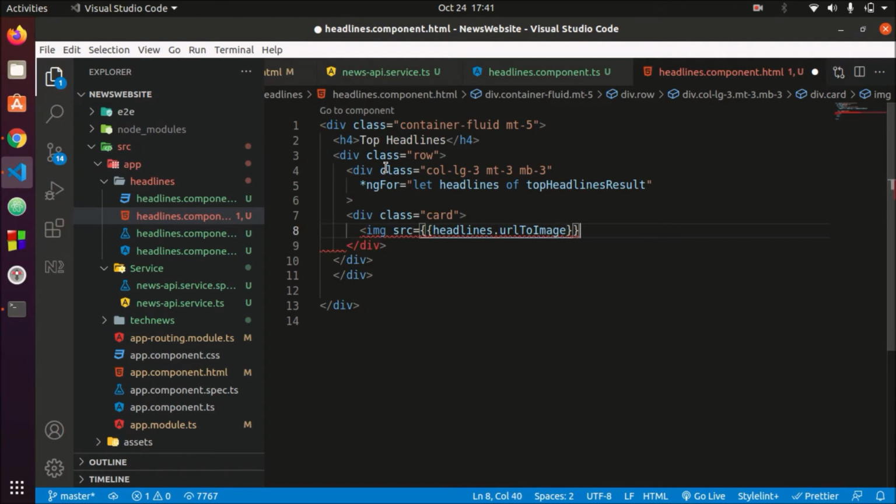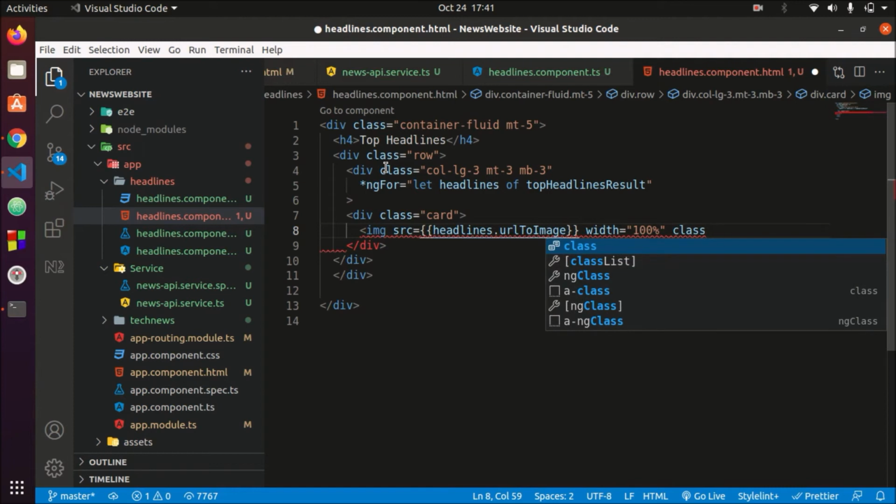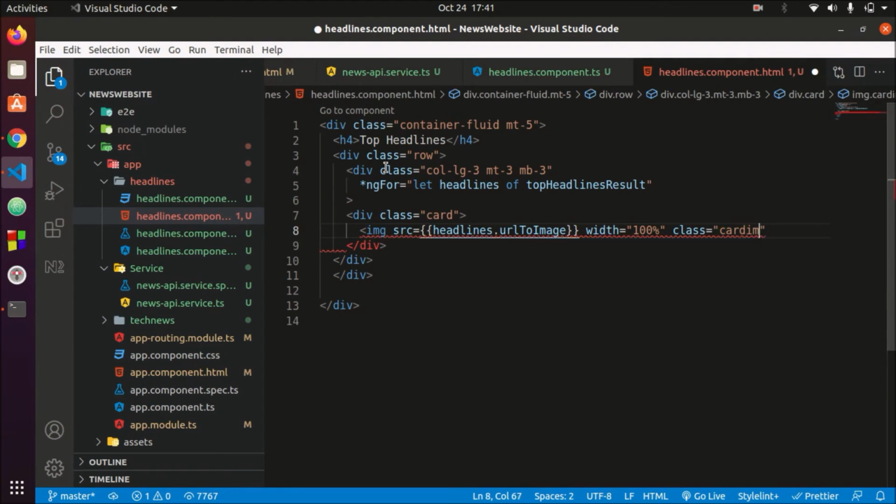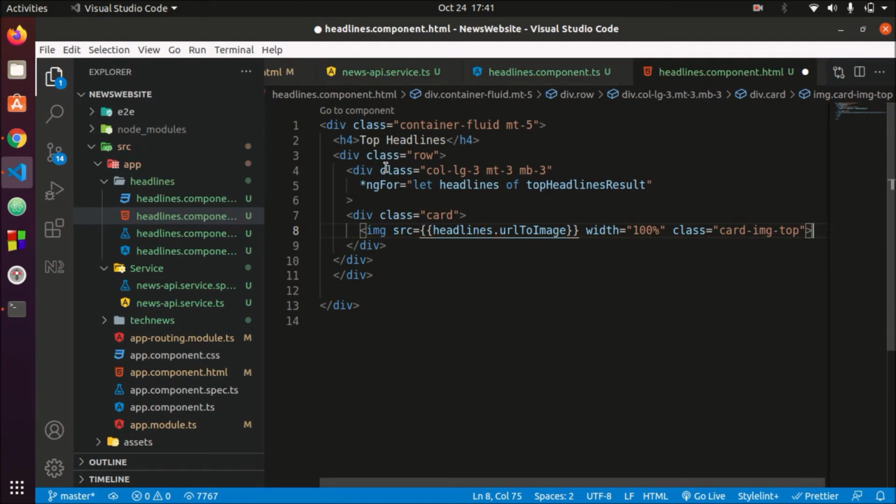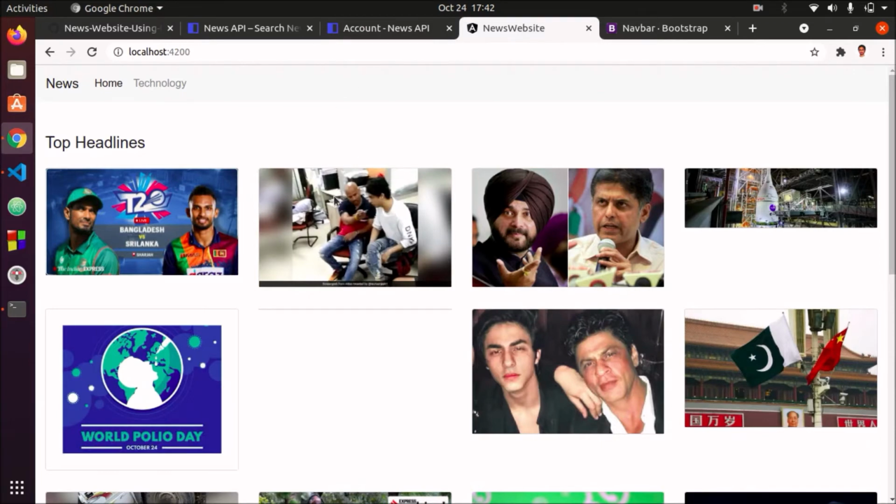Let's also give the width 100% and have some class here, card-img-top. So we have created an image. Let's see, yeah, so the images of the news have been loaded from our APIs.